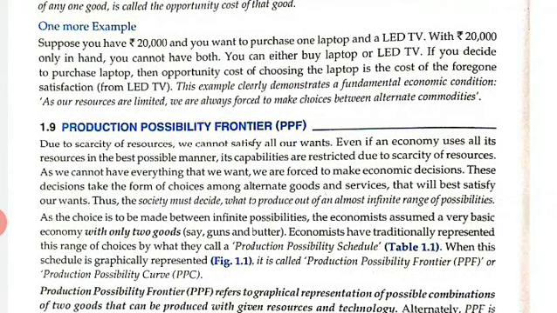Economists have traditionally first represented the range of choices in what they call a production possibility schedule, the choices of gun and butter. That is, what combination of gun and butter, how much gun and how much butter, is produced. They have presented it in a schedule, meaning in tabular form. When this schedule is presented graphically, it is called the production possibility frontier, or PPF or PPC.